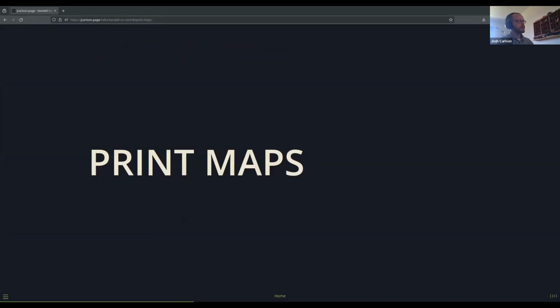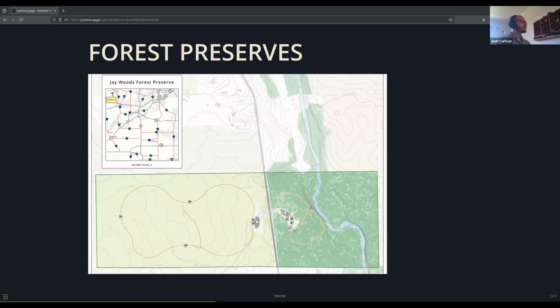Print maps is a pretty obvious one. We were asked by the Forest Preserve to update some of our trail maps. This isn't the whole map, but it's just kind of a cropped view of it. But they asked us, can we have a new poster for the info board at our Forest Preserves? And we do have the Forest Preserve layers internally, but that department's not really editing or updating that layer. It's not super high quality. We haven't gotten to the point of having them edit OpenStreetMap, but we thought we'll just add the trails to OpenStreetMap ourselves, all the amenity points, parking, highway areas, all of that, and we'll have a great map.